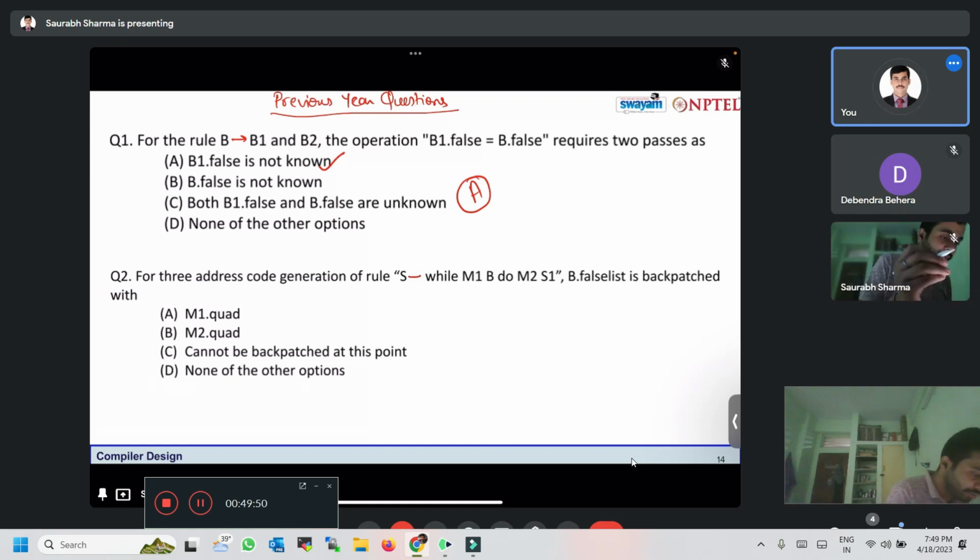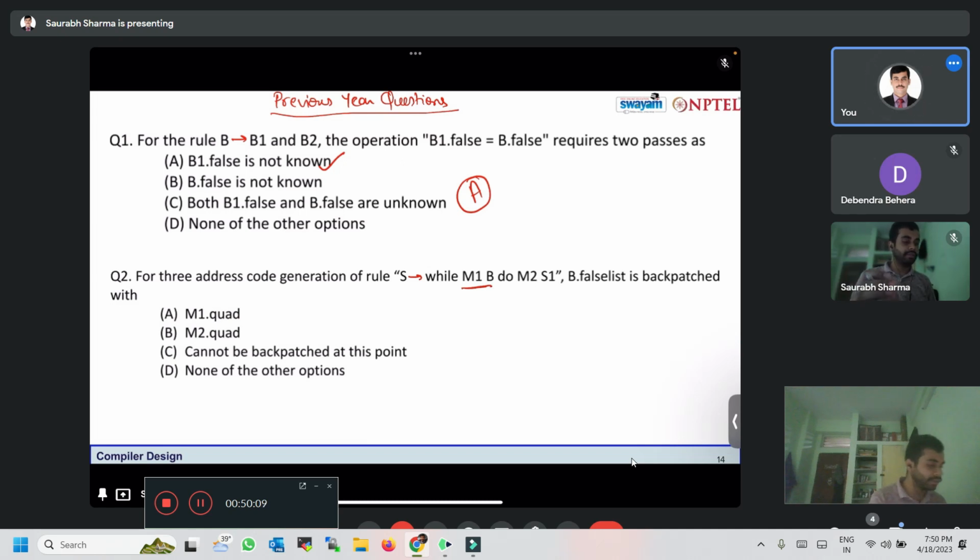If the condition is true, then we go for the list of S1 that will be executed. So the B.false list is backpatched with neither M1.quad nor M2.quad,